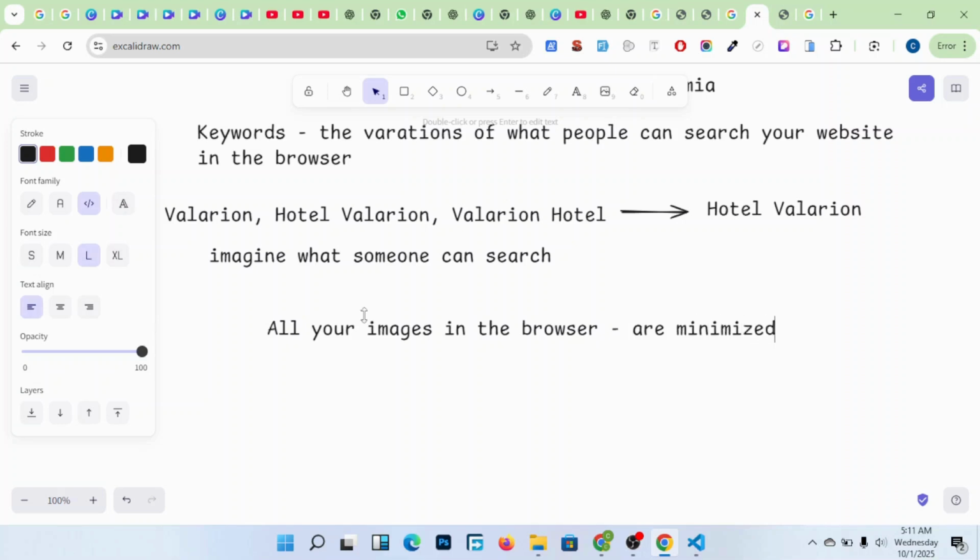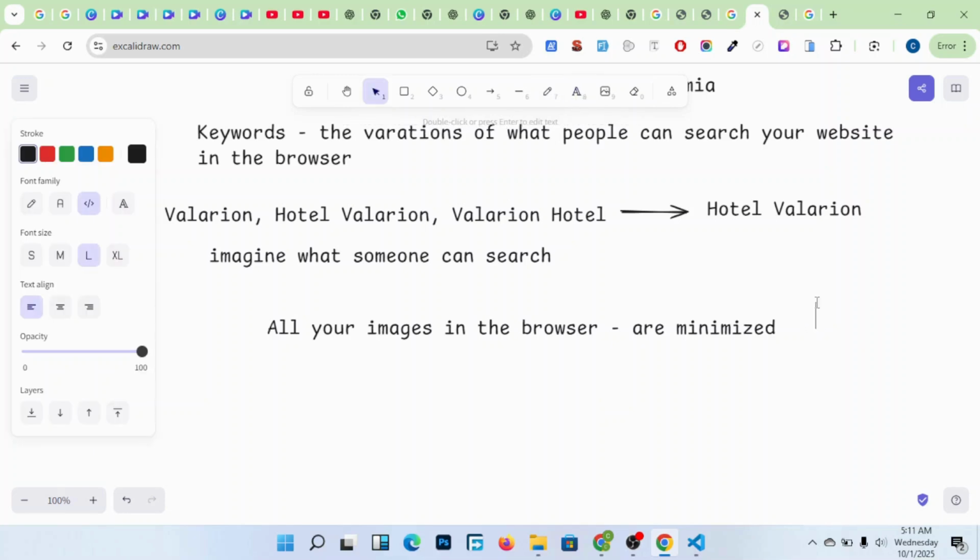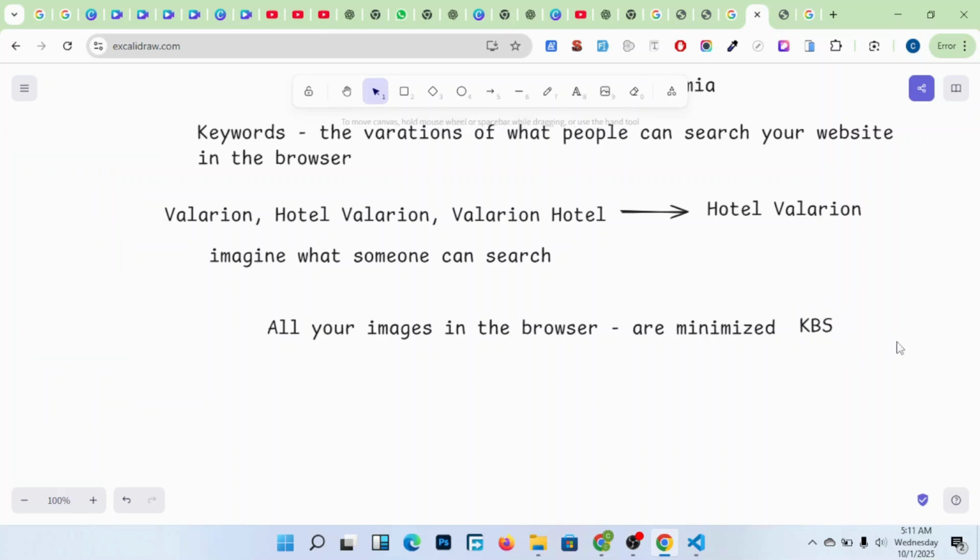Make sure that the highest image size is in KBs, it does not cross that. The space of one image is in KBs. It can even be 500 KBs, no problem, or 1000 KBs, no problem.